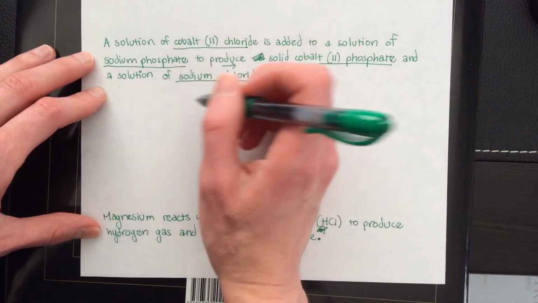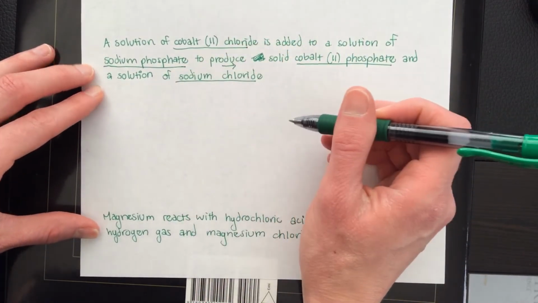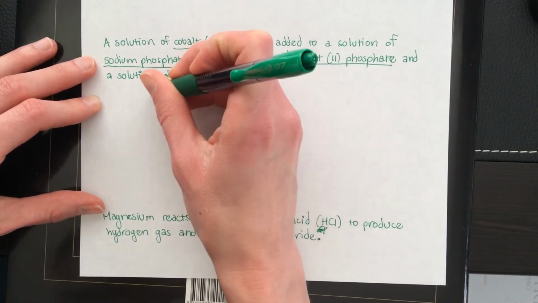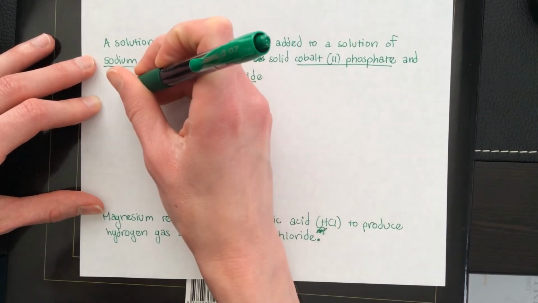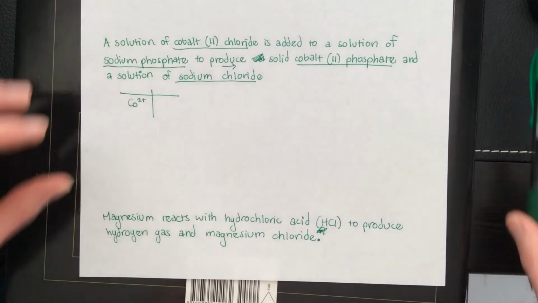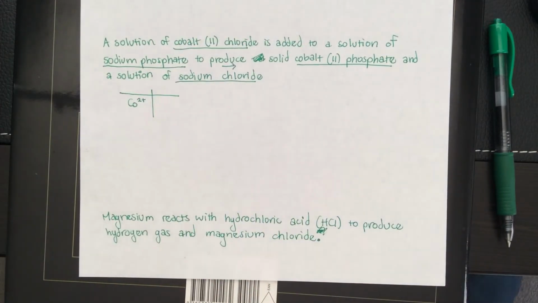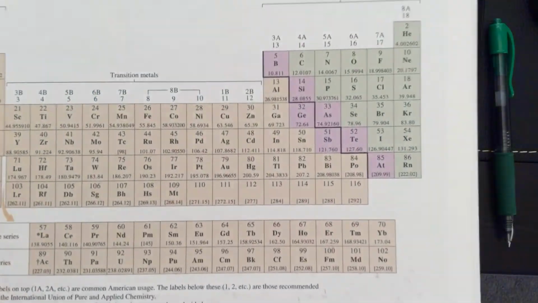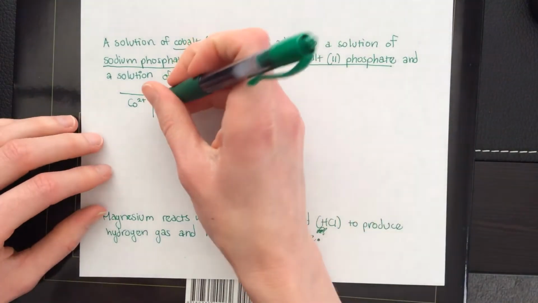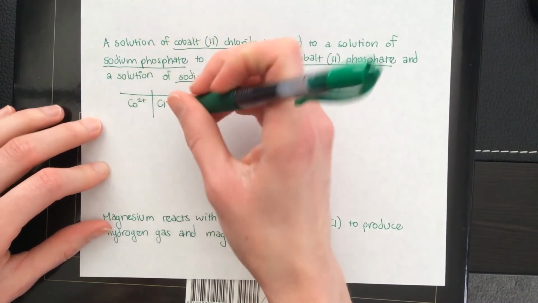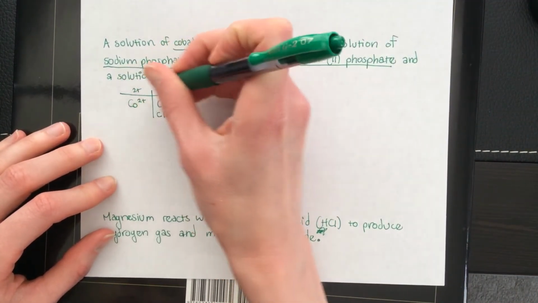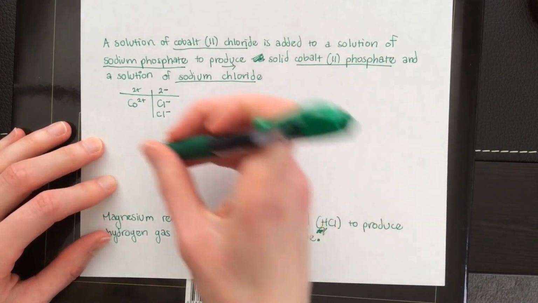So what we need to do now is basically write the formula for 4 ionic compounds. If you know how to write formulas, this is not very hard. Let's start with cobalt 2 chloride. The Roman numeral 2 means that cobalt is a 2+. Its symbol is Co. And then if you look on your periodic table and find chlorine, right there, it's a -1. So it's going to look like that. That's +2, that's -1. Charges need to balance, so I need 2 Cl's. So I have +2 and -2. So the first part of my equation is going to be